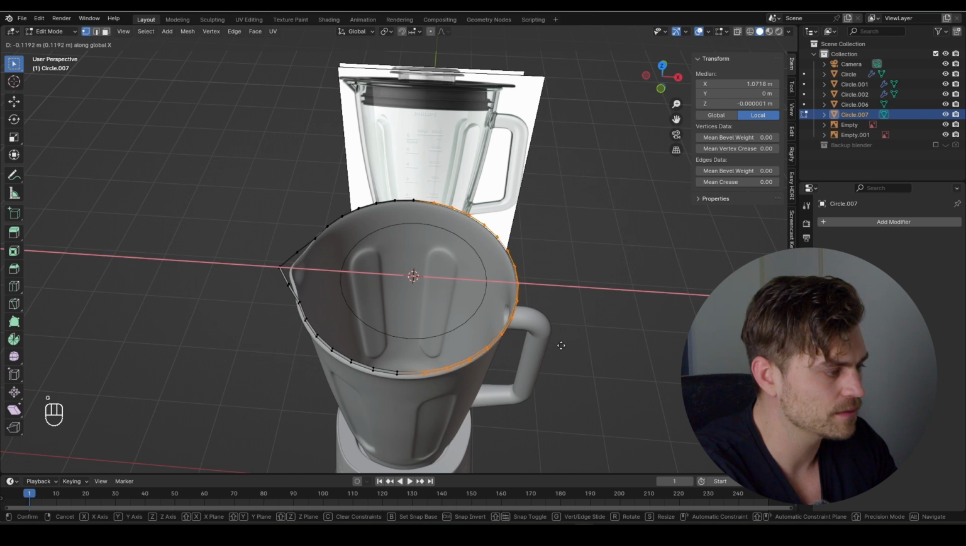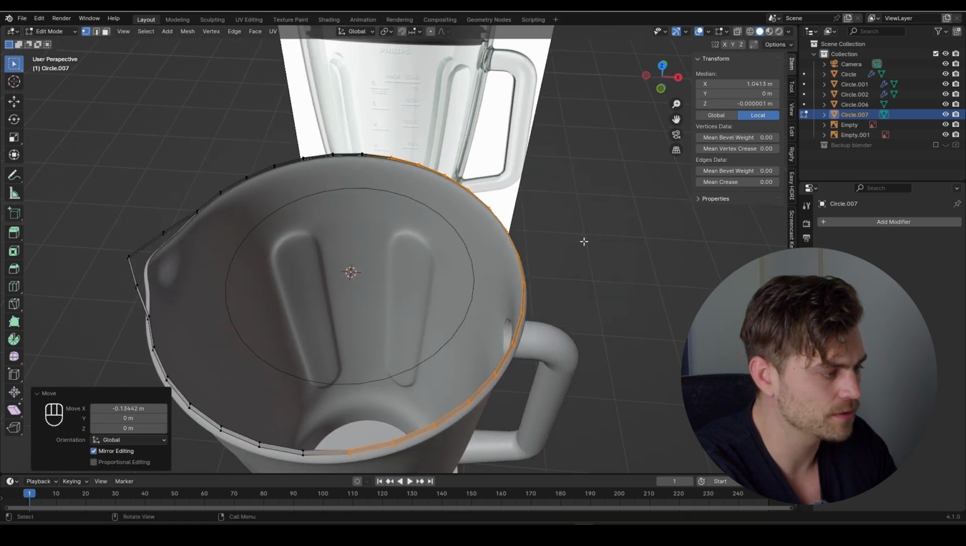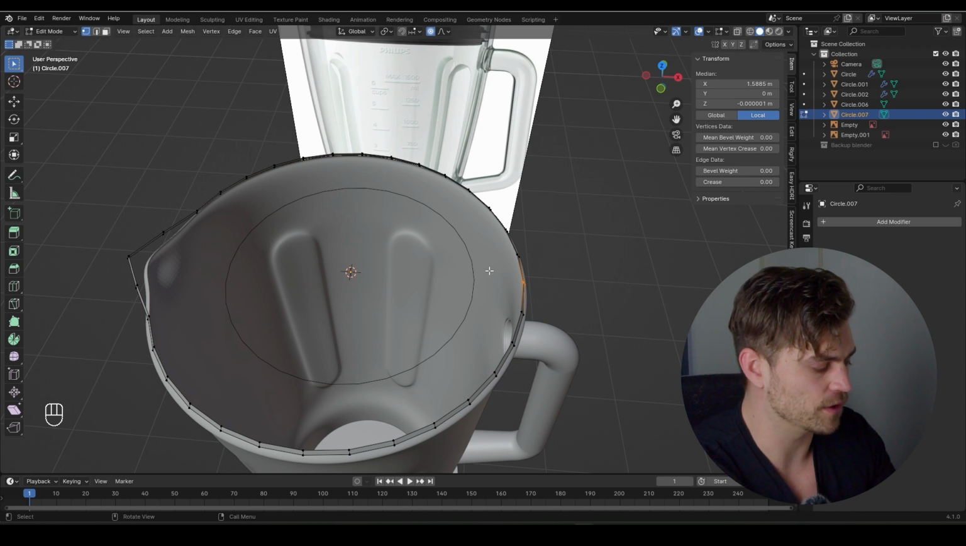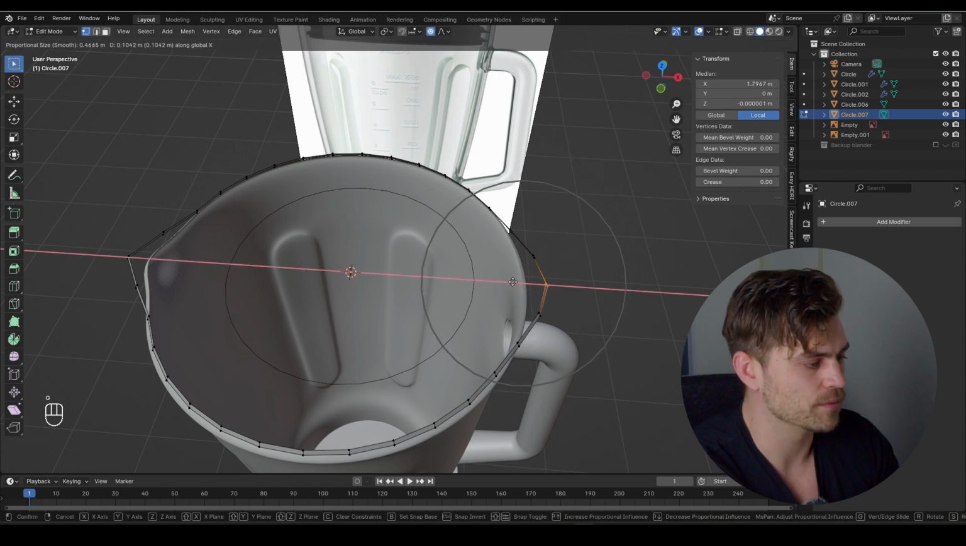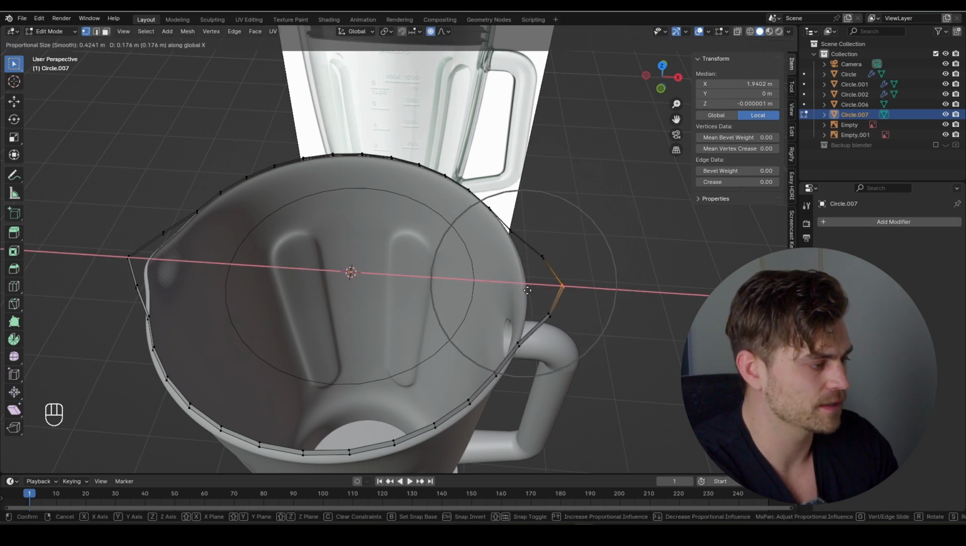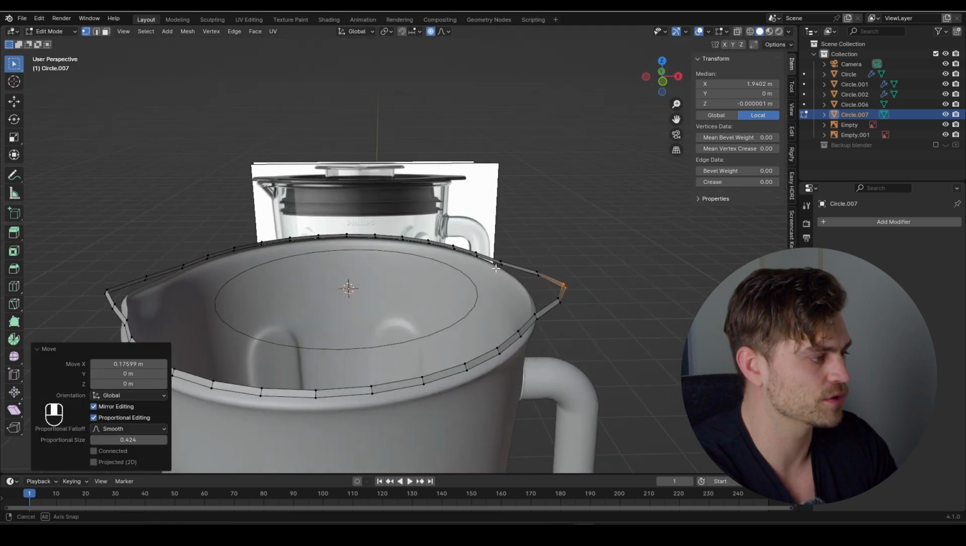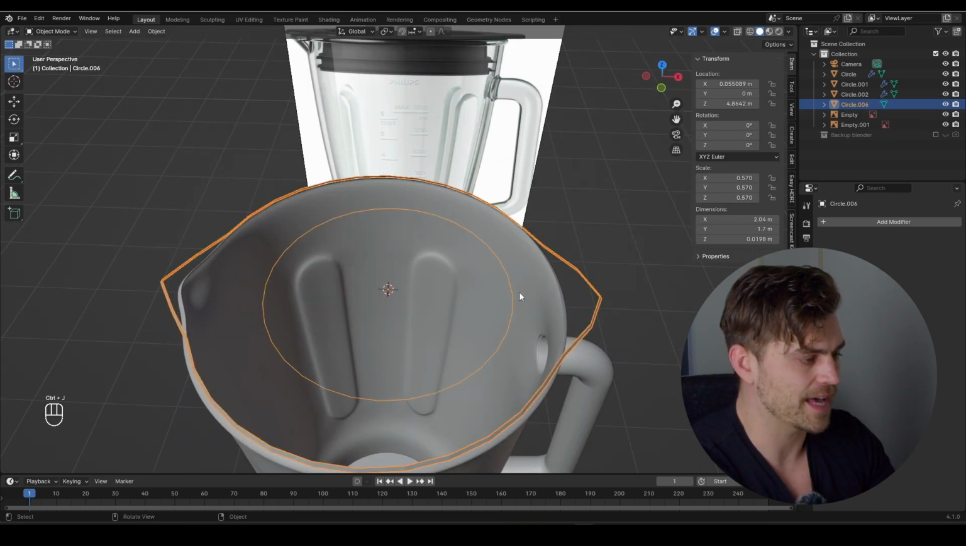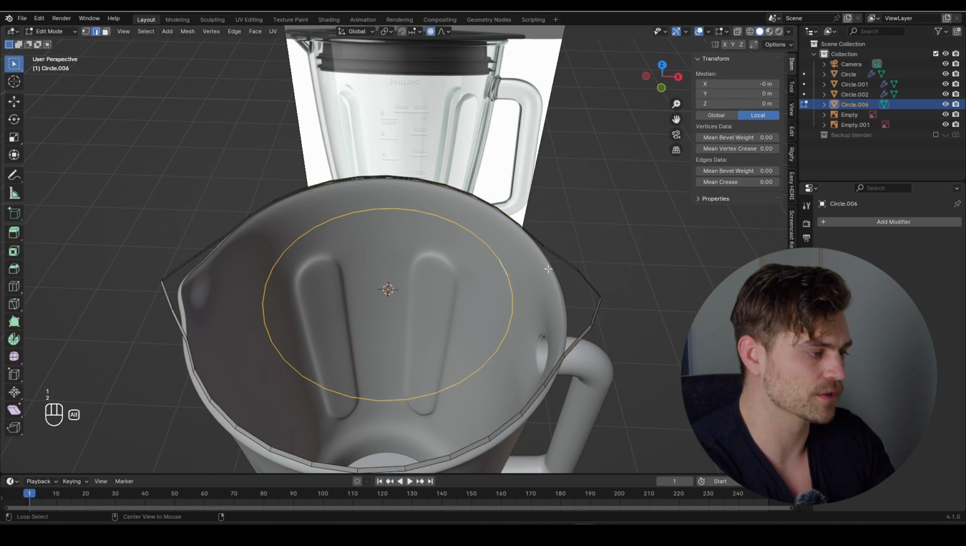GX, bring it down, and make sure that it follows the circle, and then take only this part, enable proportional editing right here, or by pressing O, GX, and bring it over towards this side, like so. And I think this should be a bit more correct. Now select this mesh, select this circle, Ctrl J, add them together,